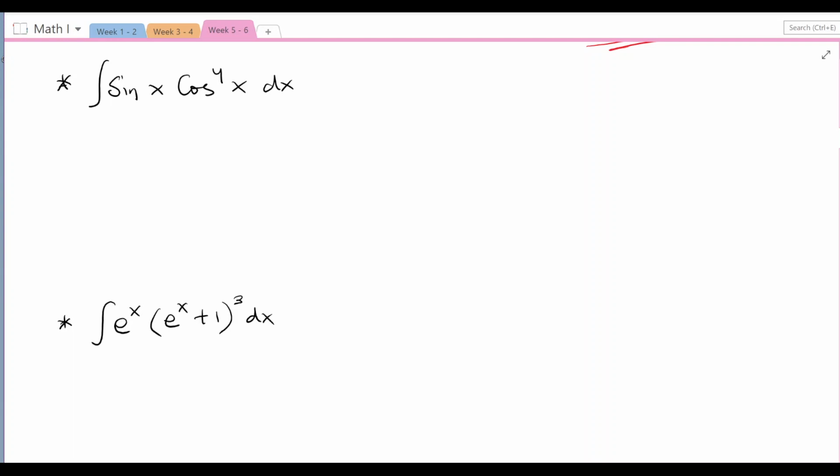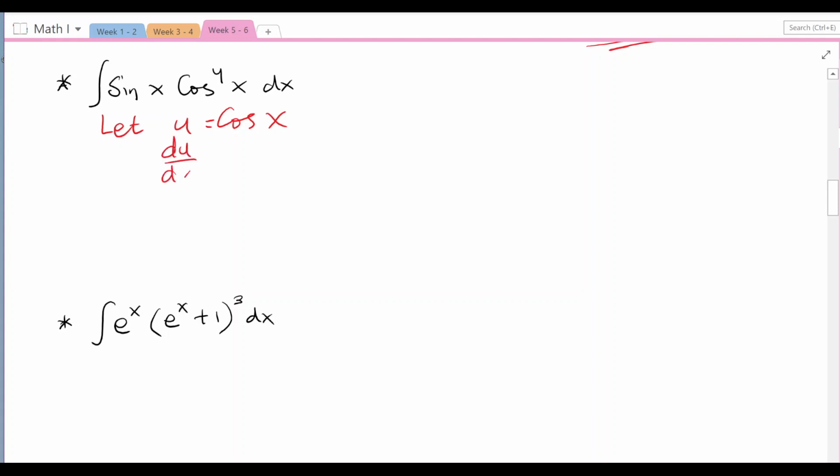We can choose any, but I'm going to let u be equal to cos x. The reason is because the derivative of cos x is negative sine x, so we can take